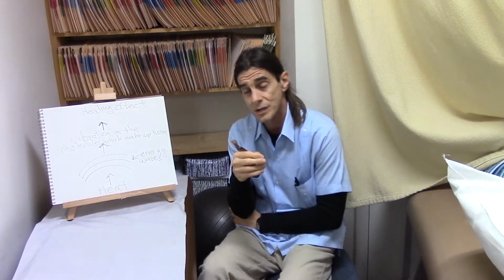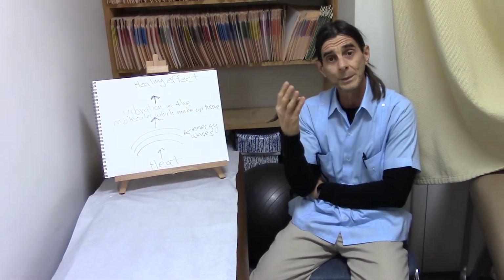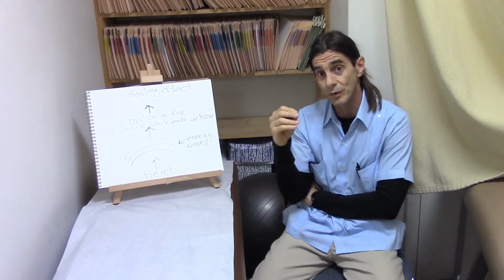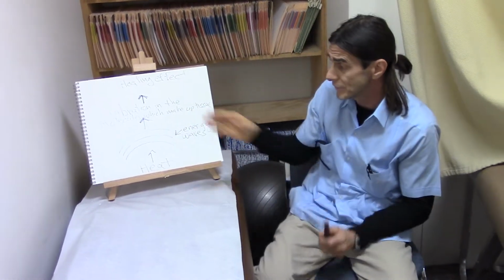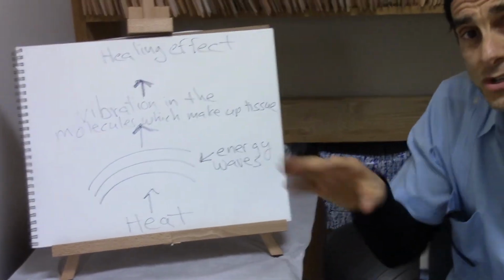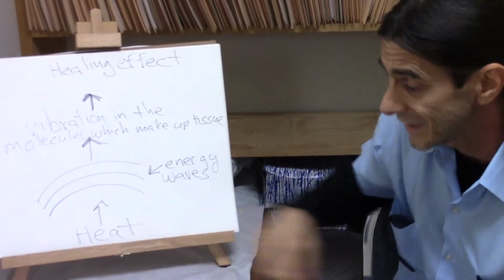So we're continuing with this educational series on the use of heat and what its effects are on the biology of the tissue. I've been progressing along biologically and physiologically on the effects of heat, using certain physical principles and biological principles. The next level is this that I wrote here, and I try to simplify it as much as possible. But in essence, what we do is that when somebody uses heat,